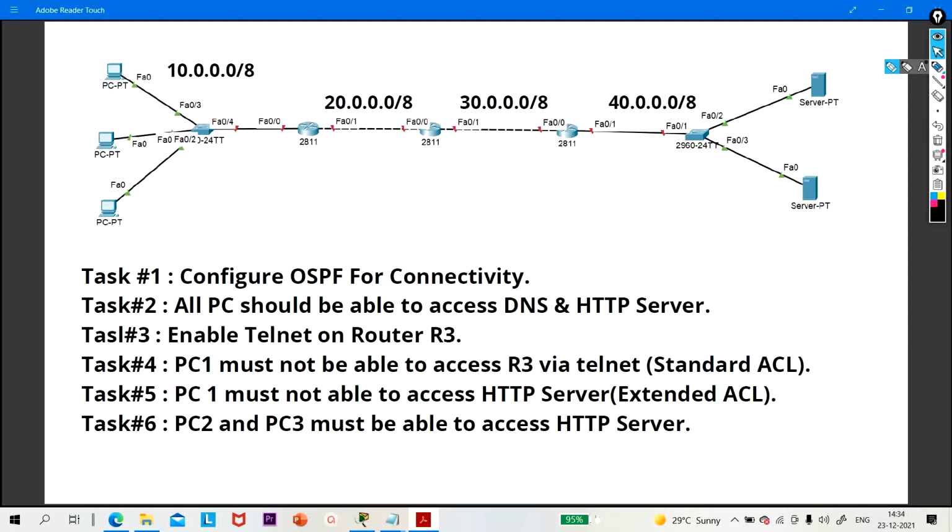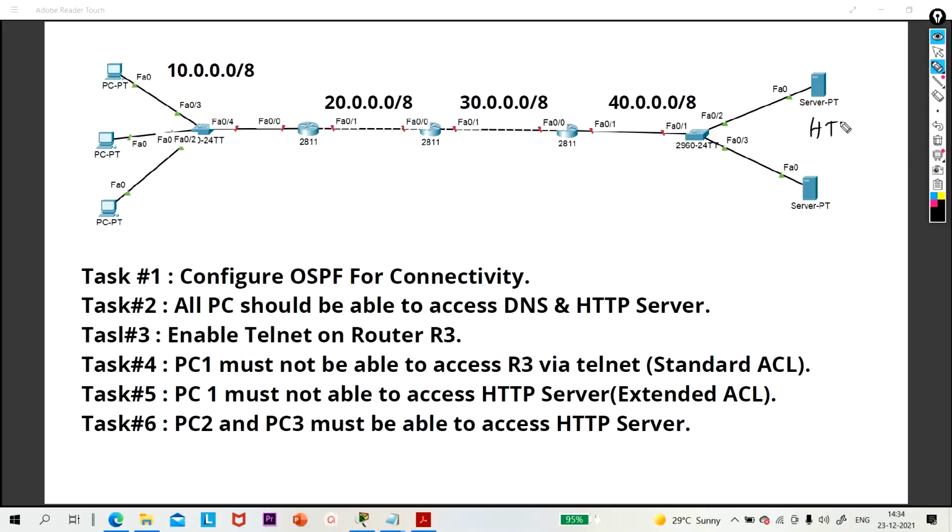Today in this video, I am going to show you how to configure standard and extended ACL, right? So we have one topology as you can see over here. This is my network, right? Here are two servers. This is my HTTP server, and this is my DNS